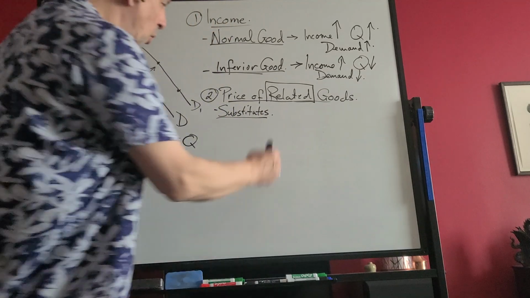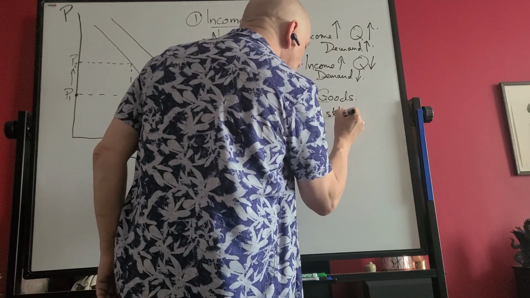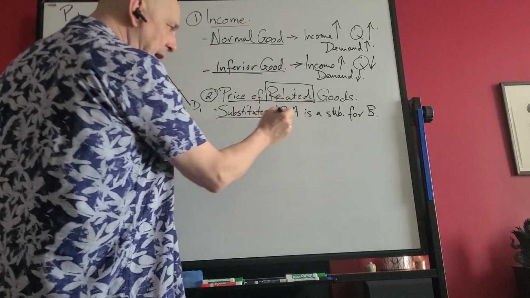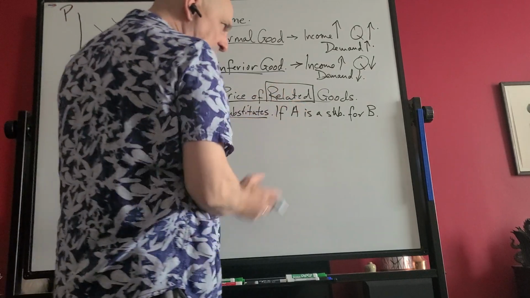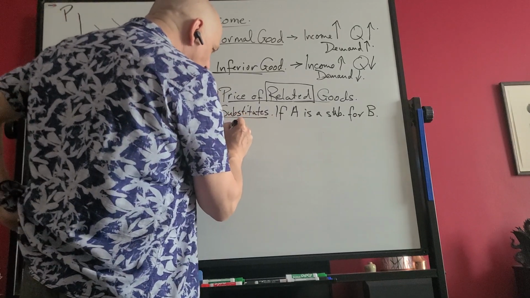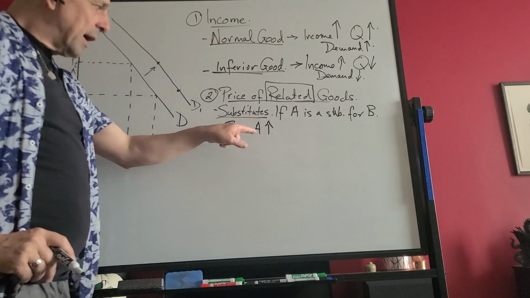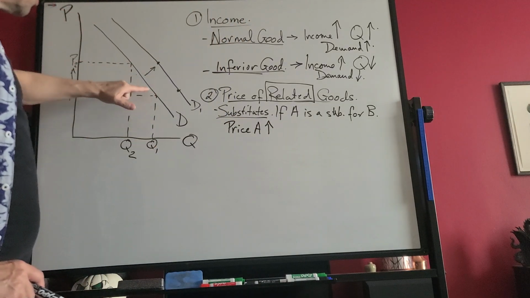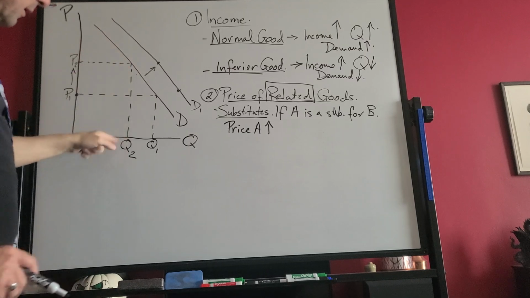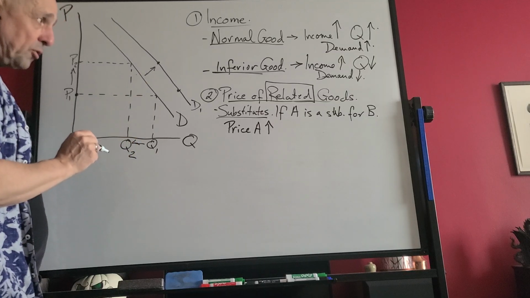right? So if A is a substitute for B, and so if the price of A goes up, well, we're going to see movement along the demand curve where there's going to be less quantity demanded. Okay, so it's going to move this way. But what's going to happen to